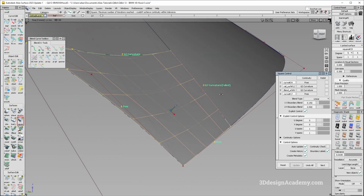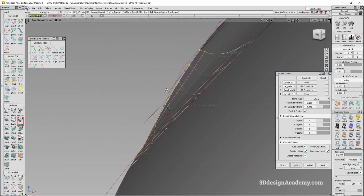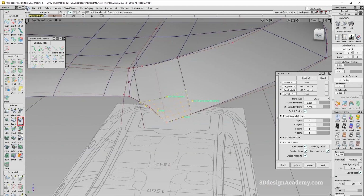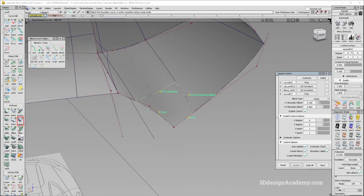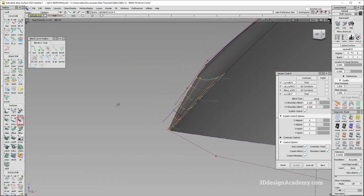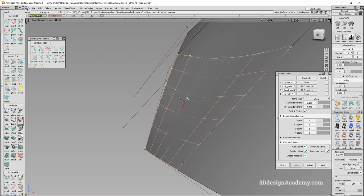So I would say 0.15 is pretty good. And I think that gives a nice progression between here and here. All right, so I would say that, oh, actually, that's failing. So let's make it, there we go. Still looks pretty decent. Now, if you think that the shape is going to be a lot better with this one,